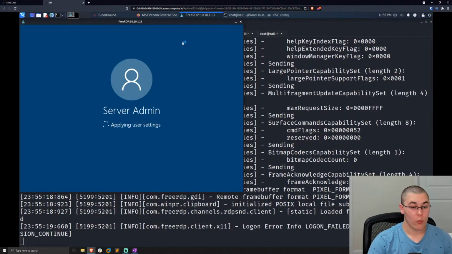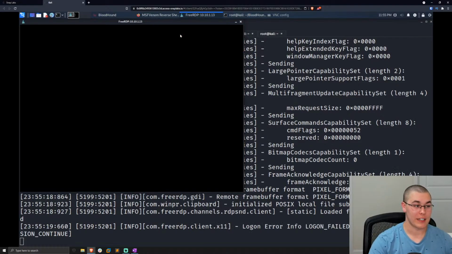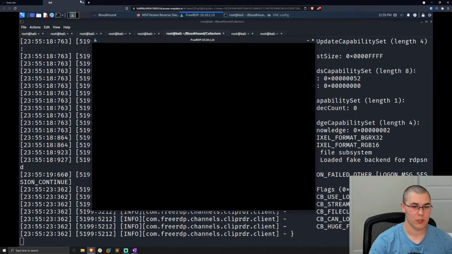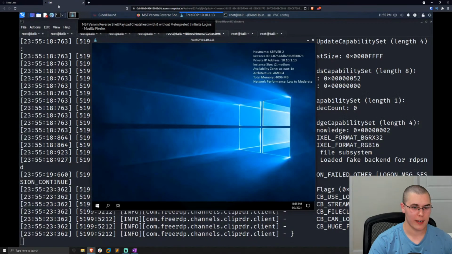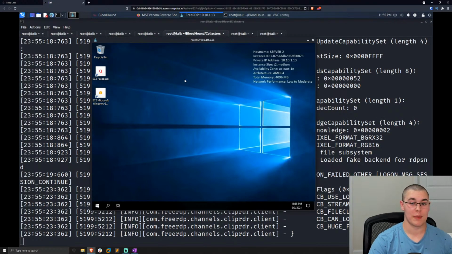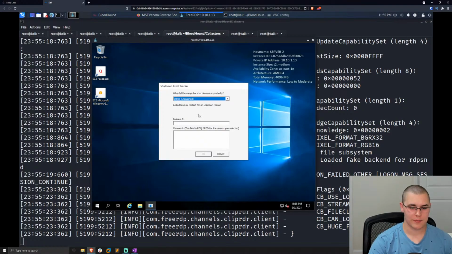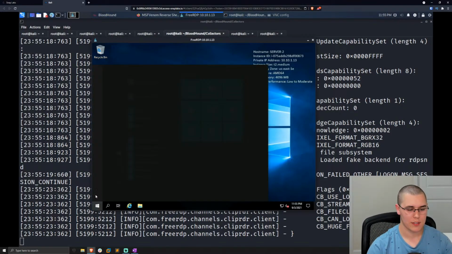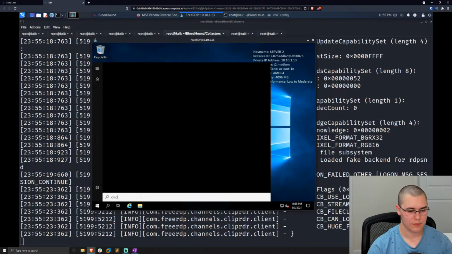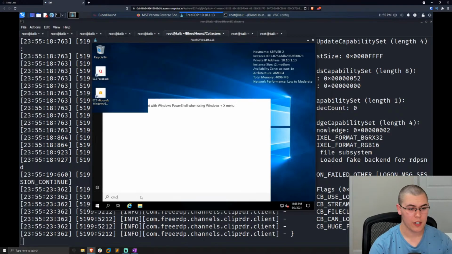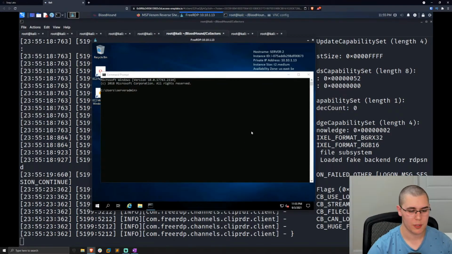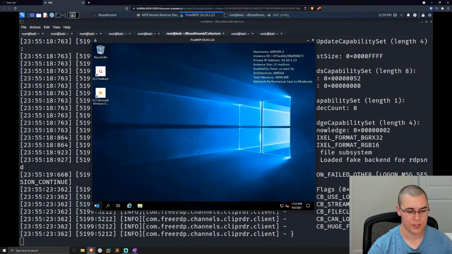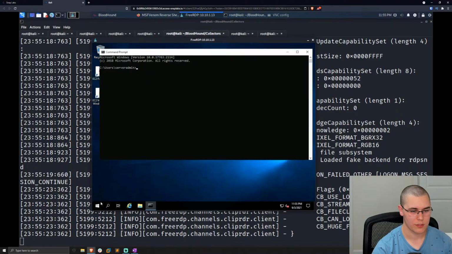Great. So server admin can RDP right into Server 2. So this is the last machine before the domain controller, and we can RDP in, which is great. But let's take a look. Let's open up a command prompt. And since we are RDPing in, we would assume that we have admin privileges. It's also an account called server admin. But if we do a whoami /all,